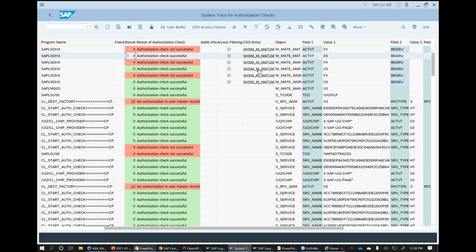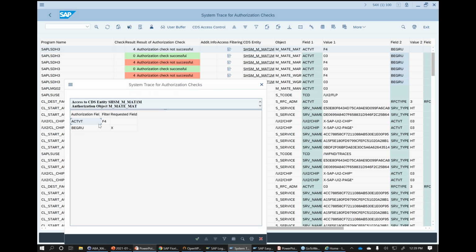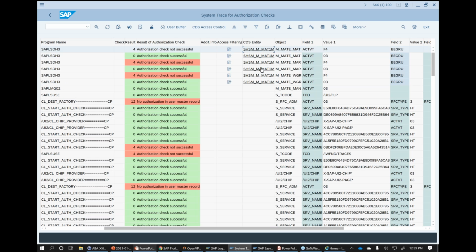Then I can see what the CDS view is here. So we can see this time it's just one. Some transactions use multiple, so there are multiple CDS views that you will see here. In this example, for what I just tested earlier, it was just the one. Again, to look into those views, if you click on it, it will not work. This will just give you the fields. What you really have to do is select the line, and then click on CDS